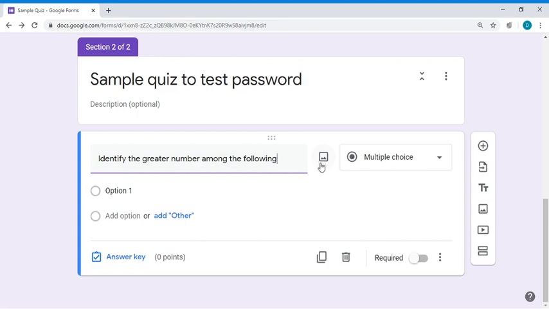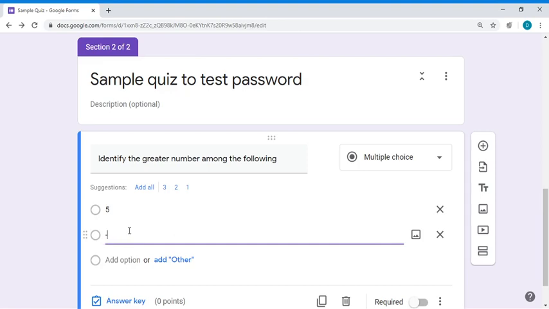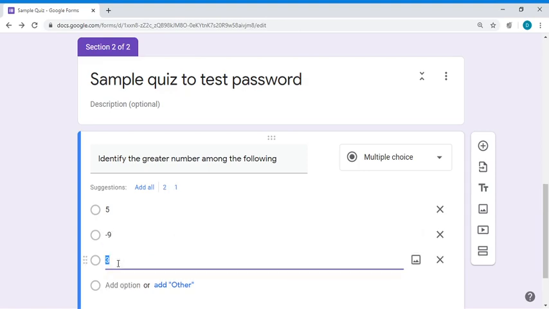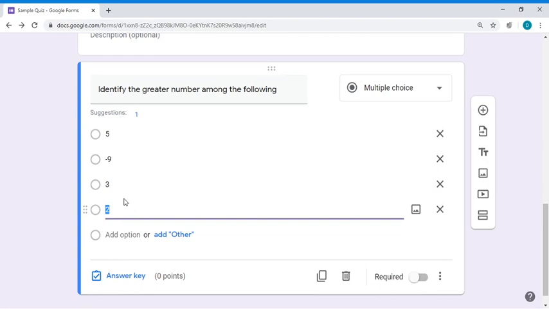If you want to add an image, you can click on this and add an image. Here the first option is say 5, second option is -9, third option is let us say 3, fourth option is 7.